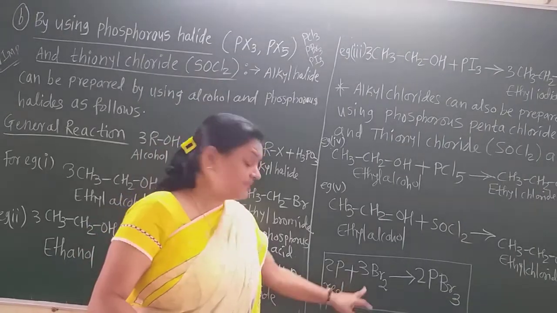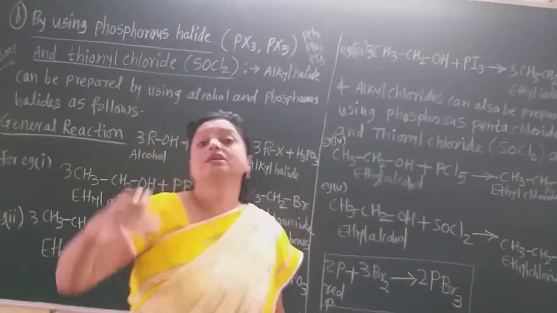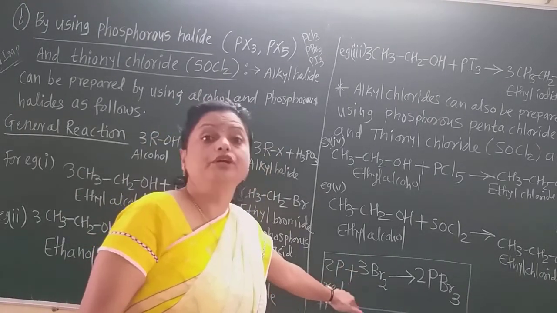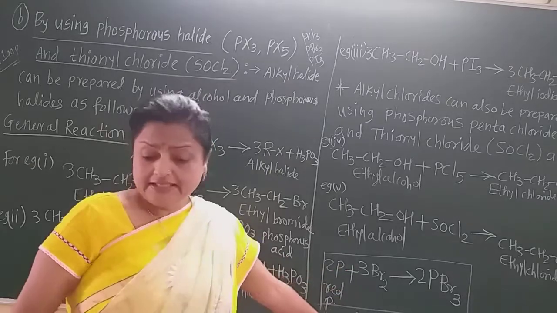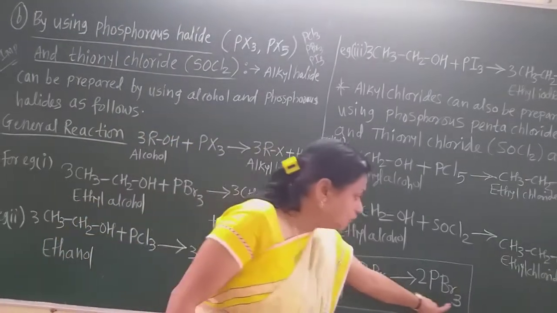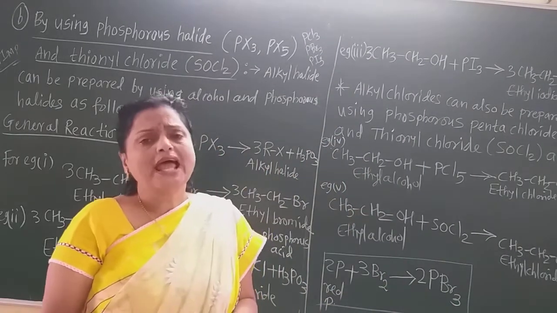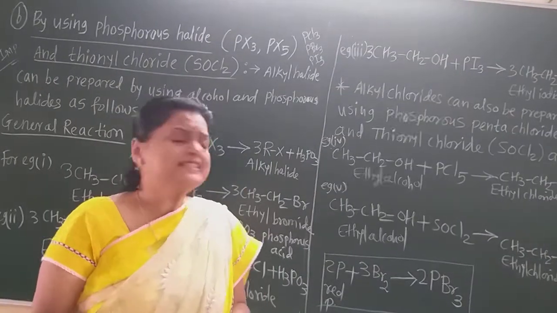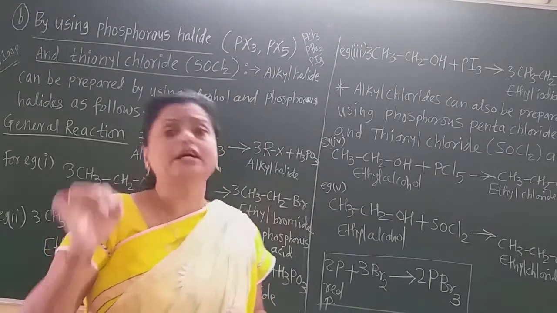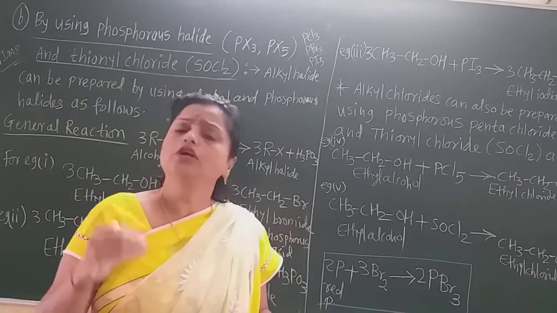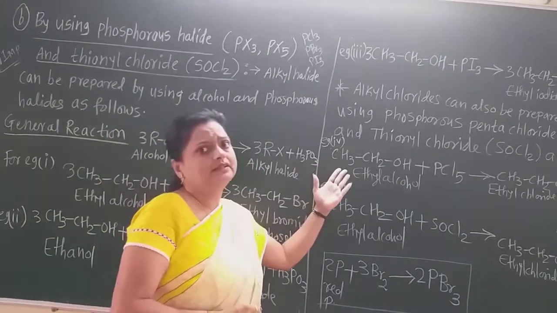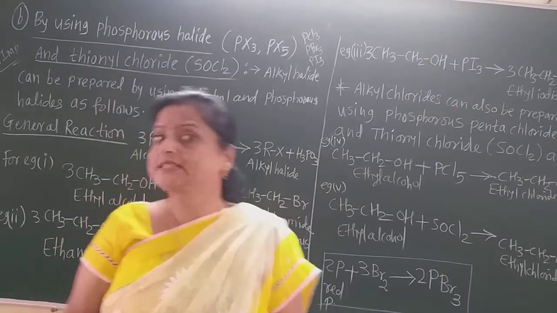That was always given in the last syllabus. In the textbook this reaction, all three reactions are given for iodine, for chlorine, same reaction. But this year it is not given, but it is very important to understand how these trihalides are prepared. And phosphorus pentahalides means there are 5 atoms of the halogen, but here we have to use only phosphorus pentachloride and not phosphorus pentabromide or iodide. So we will see later on the reactions using the phosphorus pentachloride.